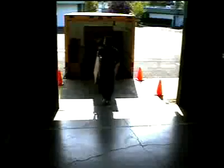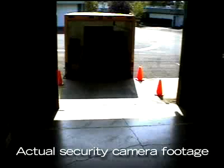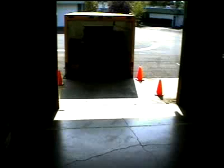So how can UltraView help your customers? Consider these stories. A warehouse manager suspected one of his shipping and receiving employees was being sloppy when loading the trucks, but he couldn't prove it. He tried installing cameras inside the warehouse looking out, but because of the bright sunlight, the cameras couldn't see anything